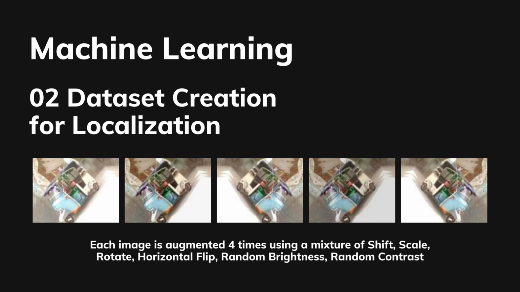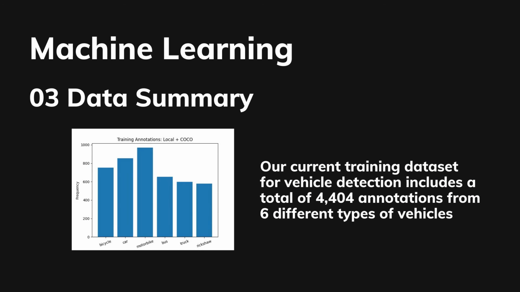In order to solve for the issue where we have a limited number of images for all of the classes that we're trying to train for, we used image augmentation, where each base image was augmented 4 times using a mixture of shifting, scaling, rotating, flipping, and also increasing and decreasing brightness and contrast by a random variable. Because of all of those techniques, our current dataset for vehicle detection includes a total of 4,400 annotations from 6